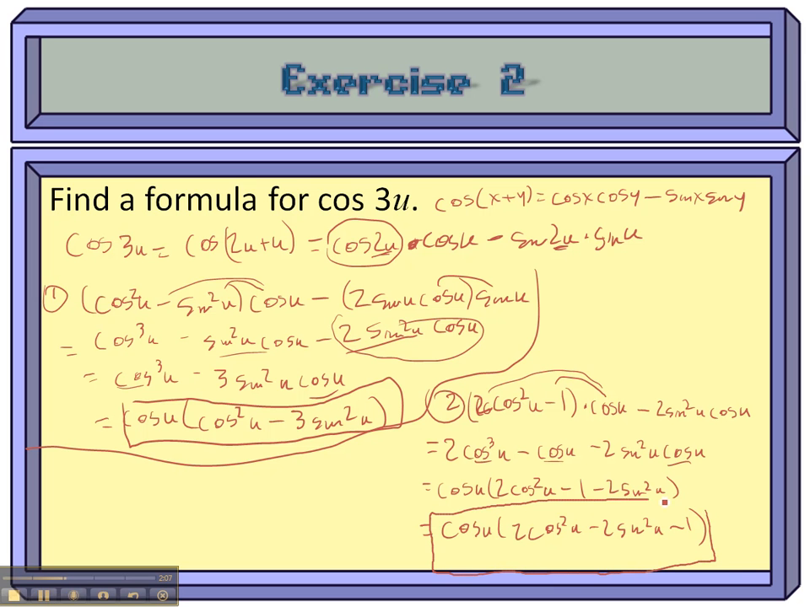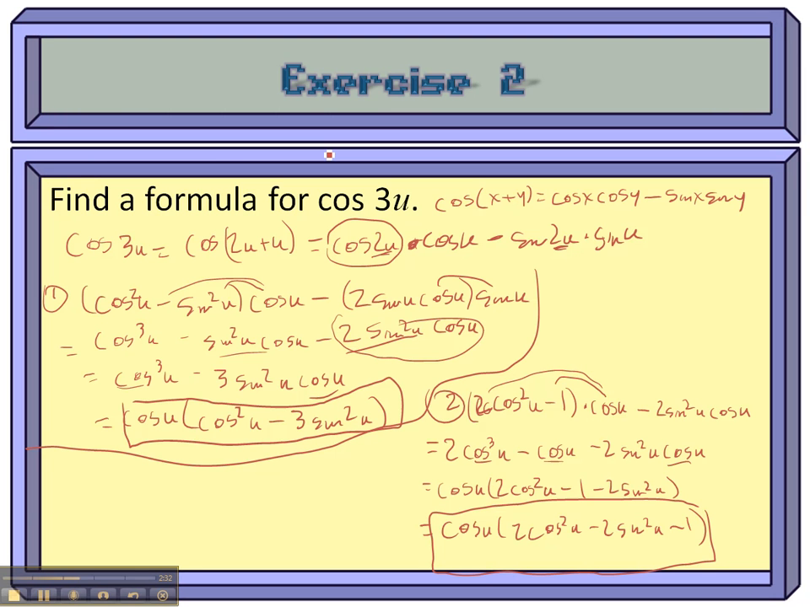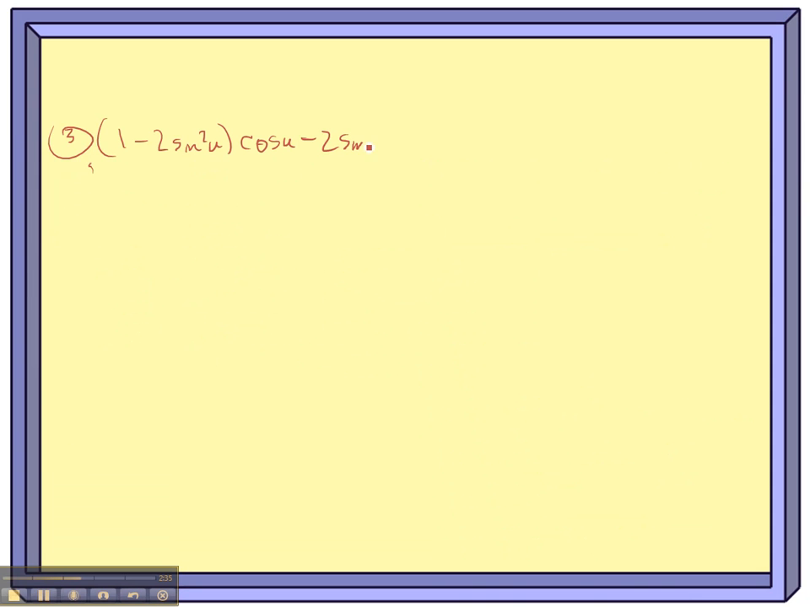There's the second one. For the third one, we're going to substitute the third possible cosine value of the double angle. So here's the third one. In parentheses, I'm going to have 1 minus 2 sine squared u, still times cosine u, minus what we had before, 2 sine squared u cosine u. Still distribute this through. I'm going to have cosine u minus 2 sine squared u cosine u